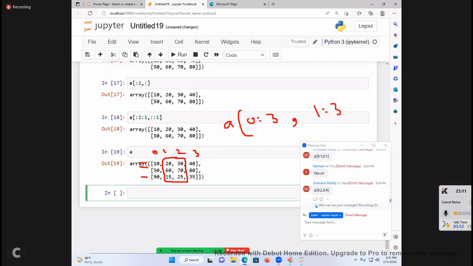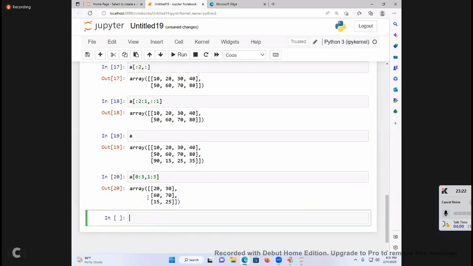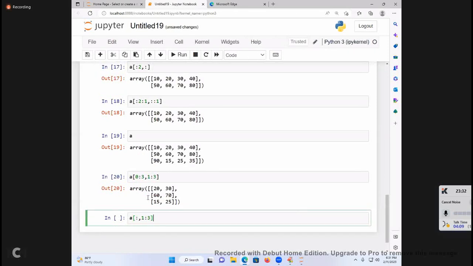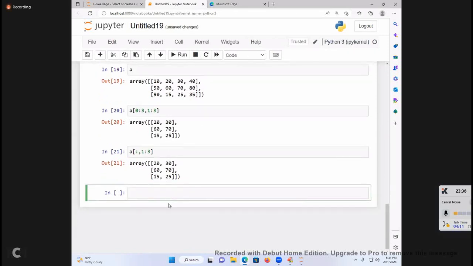That's all. A of 0, 3, comma, 1, 3. Beautiful. Getting or not? A of colon, comma, 1, 3. That is fixed. You need to write it. Are you able to follow?